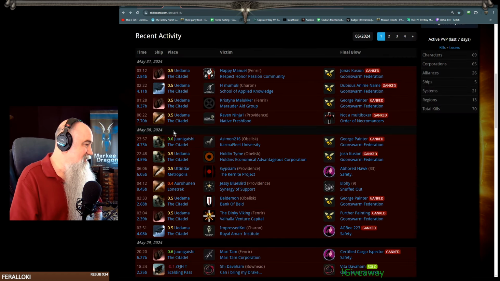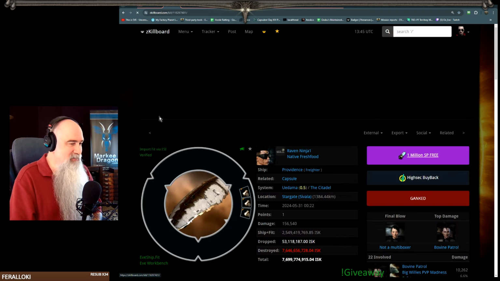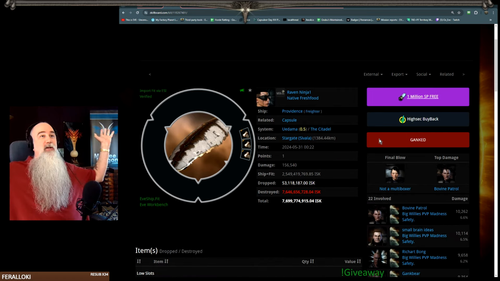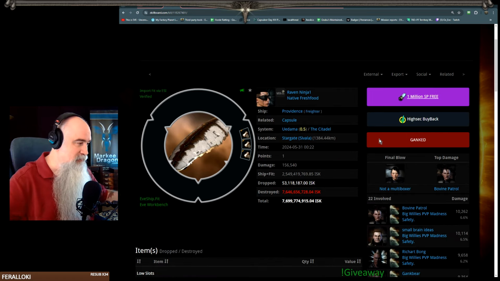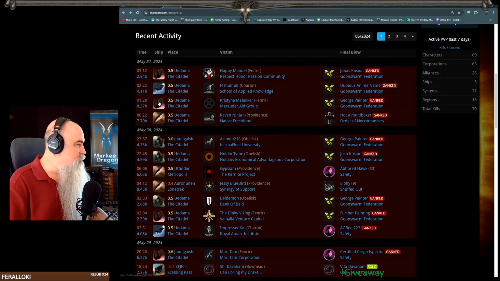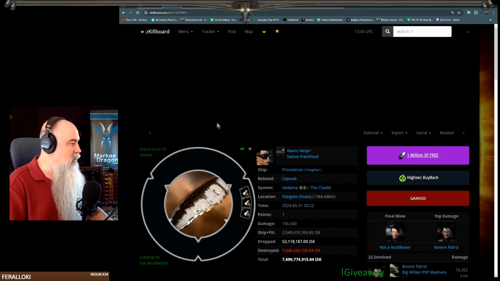All right, here's another one that was ganked. Oh my God, 7.7 billion total. Triple cargo expanded. Did the other one have Tech 2 cargo expanders in it? Yeah, he did. All right. So triple cargo expanded,